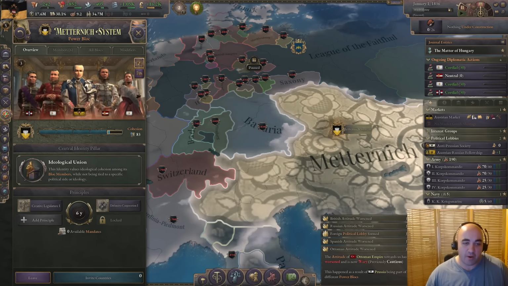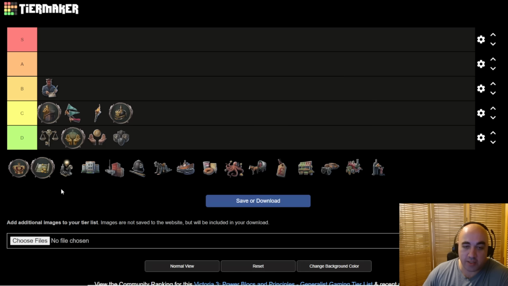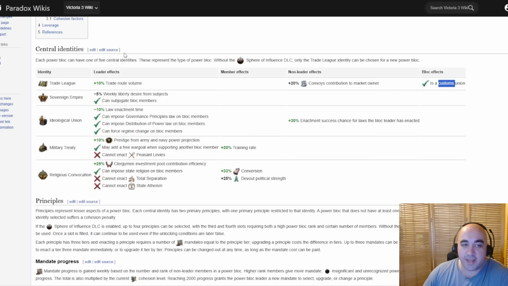Alright, next up, we are going to look at the somewhat innocuous looking trade league, but I do think it's one of the stronger ones, which we are going to have internal trade with, as well as external trade. Now, taking a look at it, it doesn't look that significant when we look at what it shows you on the wiki, which is it gives you trade route volume, which is good. It gives you convoy's contribution to market owner, which is kind of okay, and it also gives you a customs